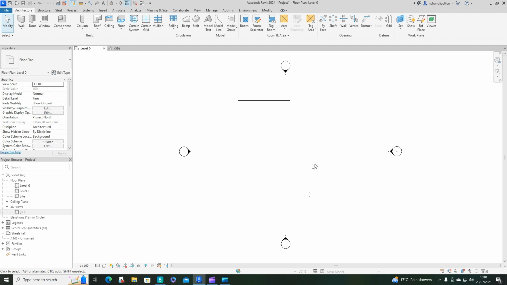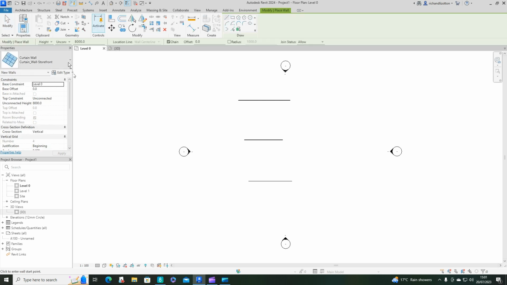Welcome to our next tutorial here on curtain walls. Now, what we're going to have a quick look at is first of all just how to draw the wall itself. Well, you're probably aware of this, but if we do a wall architectural, and then when we